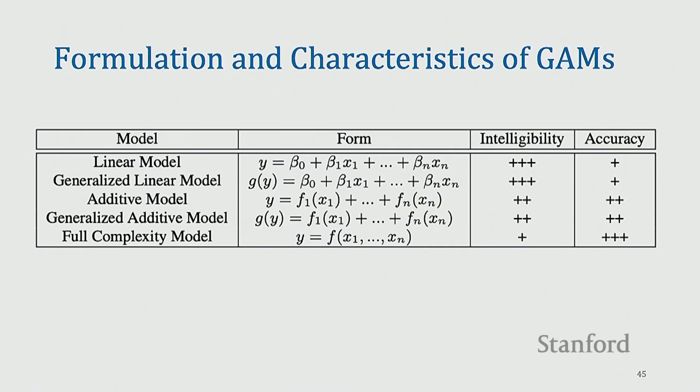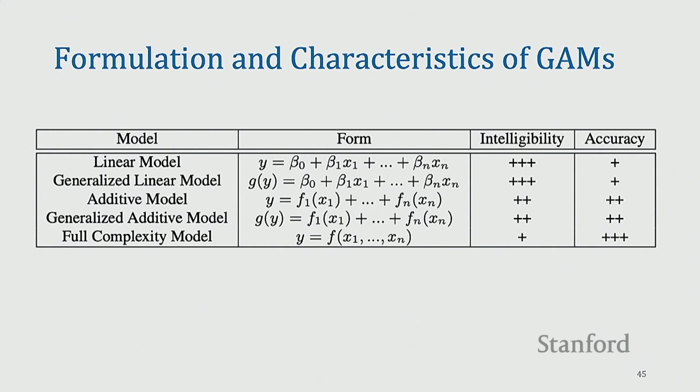So this table also kind of tries to summarize some of the knowledge that we have been thinking about. If you think of a linear model, it's just a bunch of coefficients associated with each feature. We multiply the feature by the coefficient, add everything up, and we get the output, right? So the interpretability, or the intelligibility factor, is high. Accuracy may not always be high. Of course, depending on the data it might, but it may not be as high.